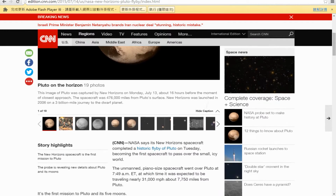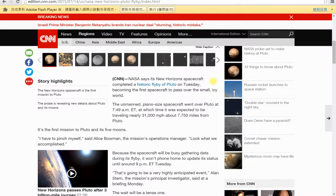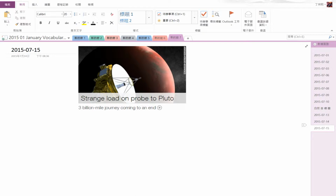我们来念一下今天的文章。CNN: NASA says its New Horizons spacecraft completed a historical flyby of Pluto on Tuesday, becoming the first spacecraft to pass over the small icy world. The unmanned piano-sized spacecraft went over Pluto at 7:49 a.m. Eastern Time, at which time it was expected to be traveling nearly 31,000 miles, about 7,750 miles from Pluto. It's the first mission to Pluto and its 5 moons。